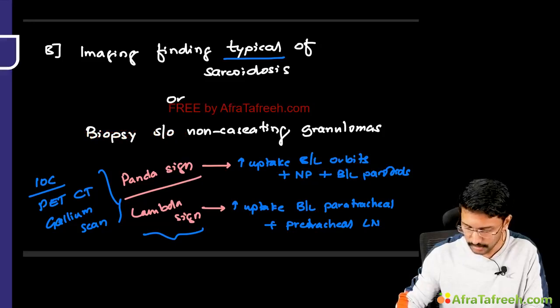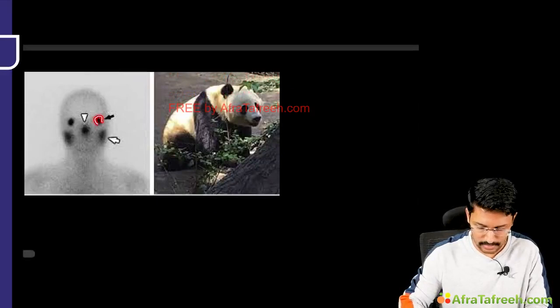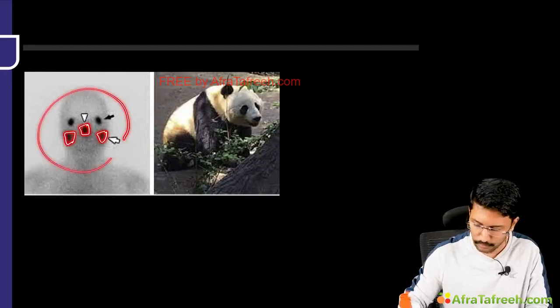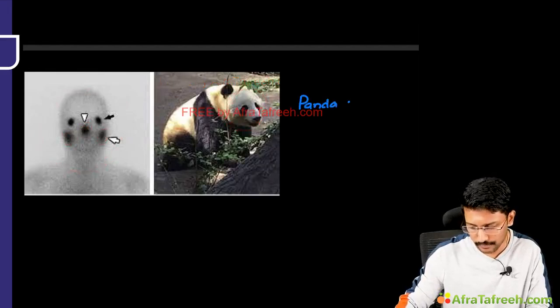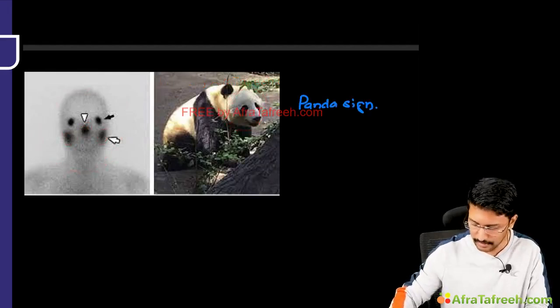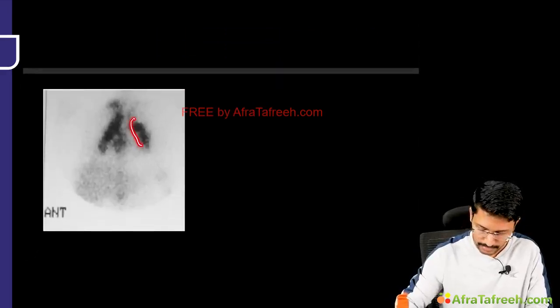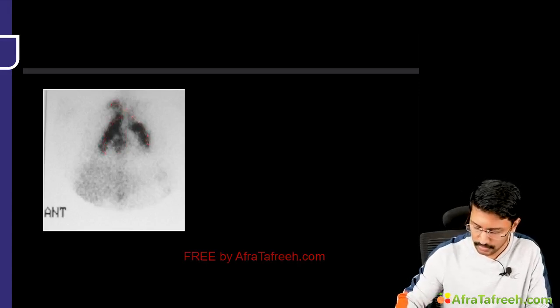so that you can remember the stuff well. So this is the first scan where you can clearly see the increased tracer uptake in bilateral orbits, nasopharynx and parotids, right? So this kind of looks like the face of the panda, so that is why we call this the panda sign. And in the second image, you can see that there is increased tracer uptake in the bilateral paratracheal, and also there is increased tracer uptake in the pretracheal, and this kind of looks like the lambda. So this is why this is called